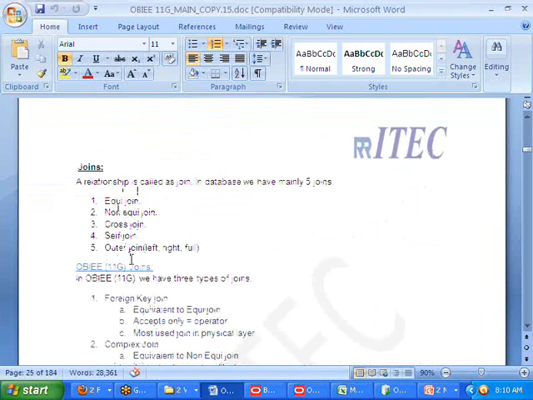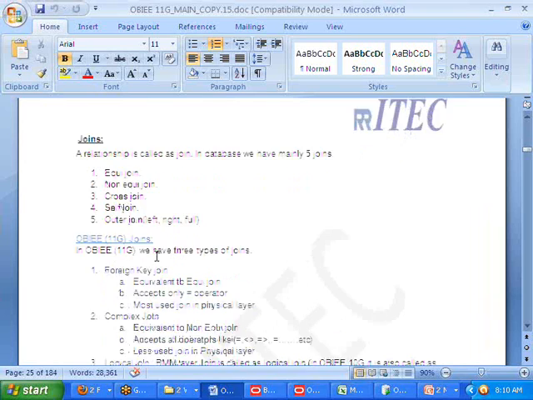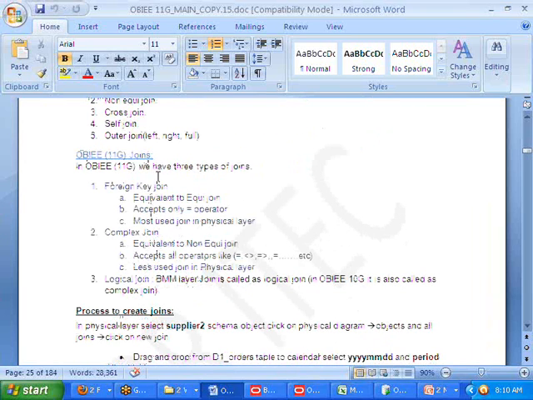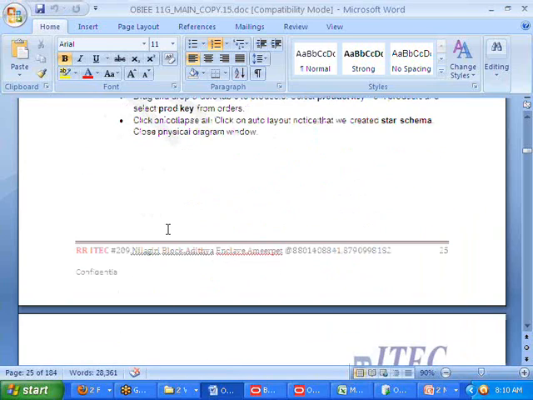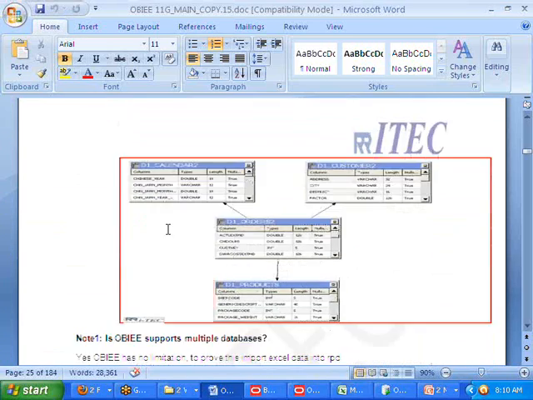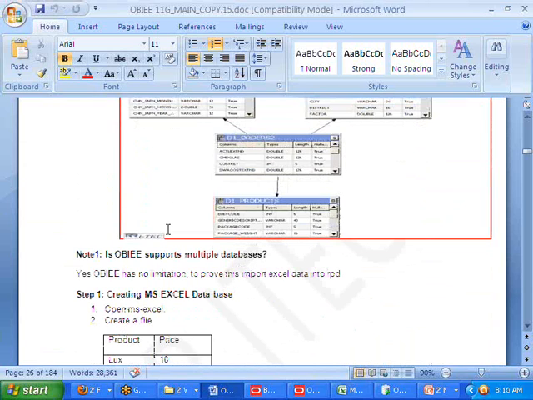Next, joins. We have 5 types of joins: equi-join, non-equi-join, cross-join, self-join. Next, outer join. In OBIEE 11G, we have 3 types of joins: foreign key join, complex join, and logical join. Foreign key and complex join will be created in which layer? Physical layer. Logical join will be created in which layer? BMM layer. And the process to create joins, I have given all those things also. With this, the basic fundamentals are completed